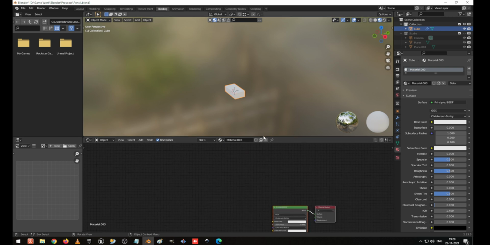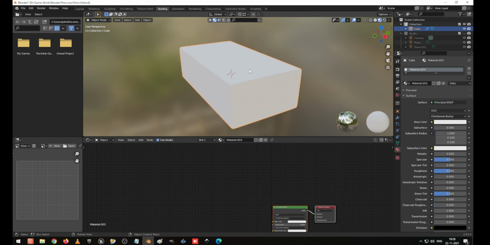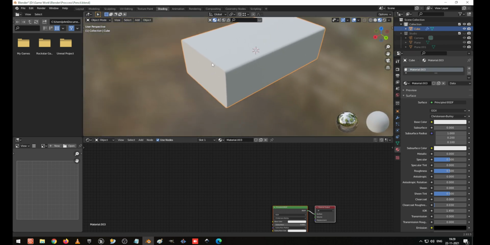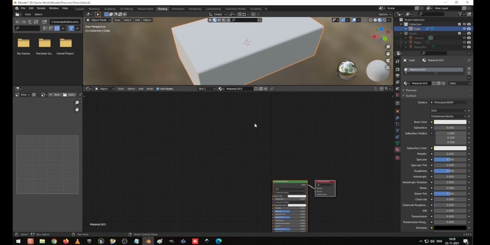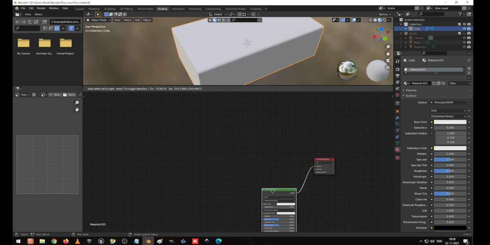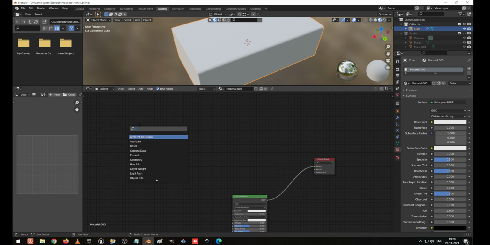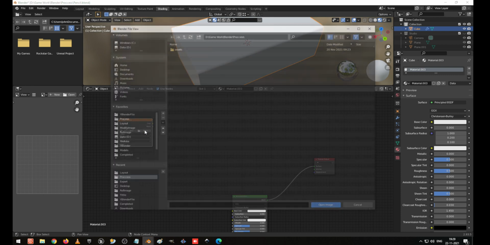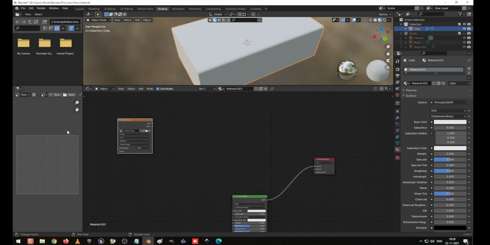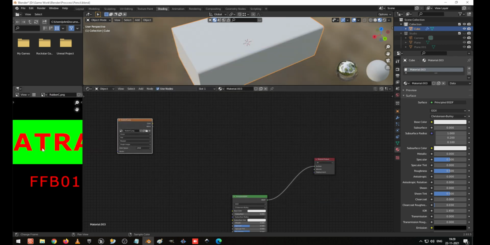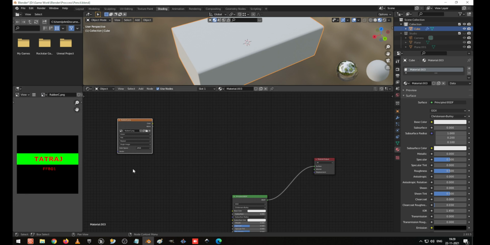So I'm going to do some different designs here. Okay, I just open and keep this one. I will guide you on what to do here, so it will be easy, not much hard. Okay, shift A and search for the image texture, and open the image texture. So what I have given, the layout rubber C, I am going to select this one, rubber C here. So it will be visible here like this.